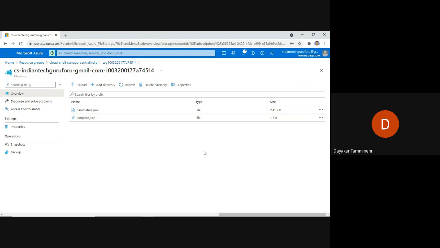Then the load on this virtual machine will be very high. Assume the CPU utilization has increased to more than 90%. Then the web application will automatically shut down, and the clients are not going to get access.